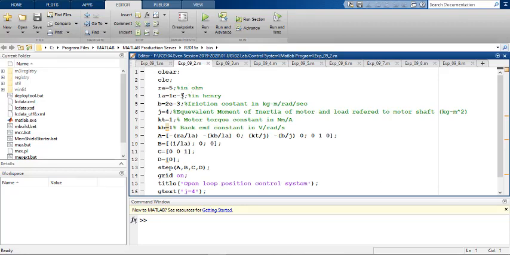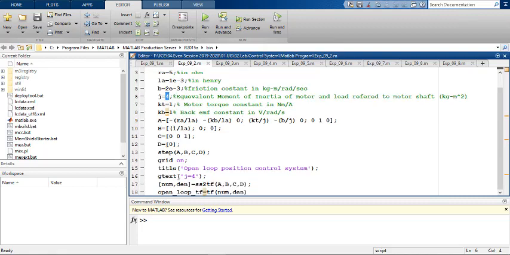Here in the MATLAB, the codes are almost the same, only here J is put equal to 4. Okay, and we have used this gtext. Gtext again will create a cursor on the figure, and wherever you click on the figure, this command will put J equal to 4 on that point.